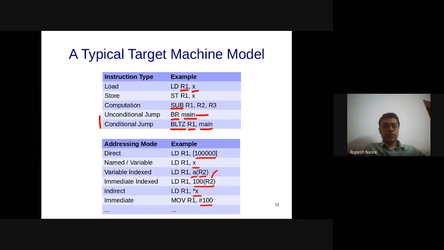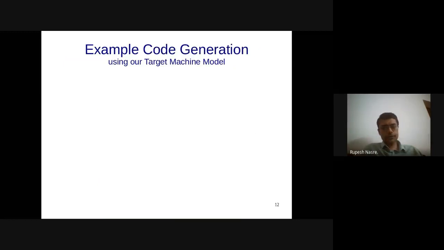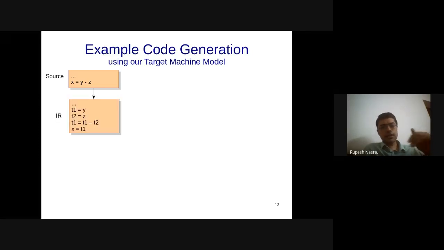All right. So these were some of the addressing nodes that we should be aware of when we are generating target code. Let's quickly look at the example code. Let's say that I have the instruction x equal to y minus z, which I lower into an IR using temporaries T1, T2. From there I might generate target code using R1 and R2.